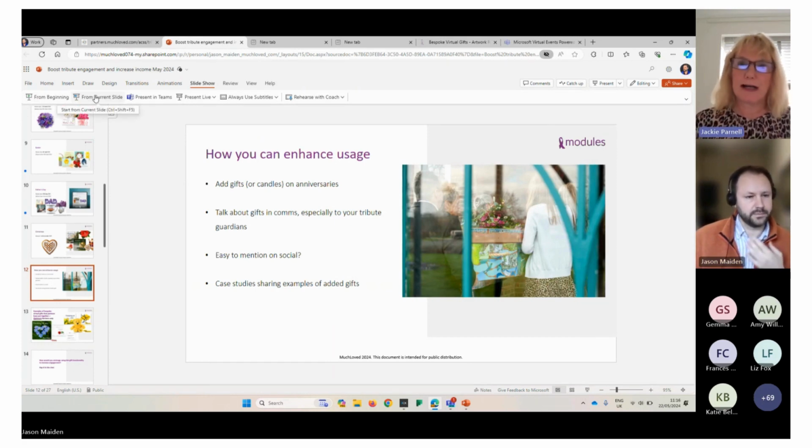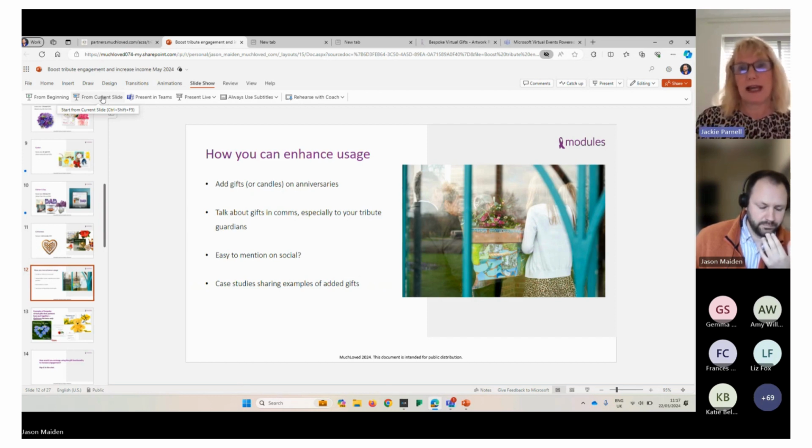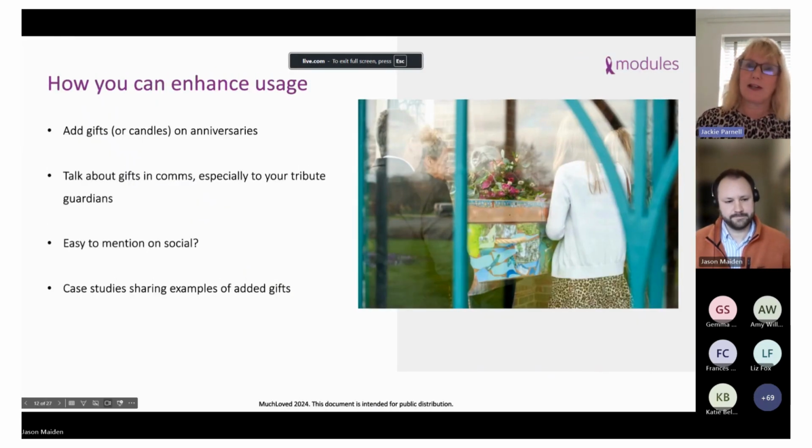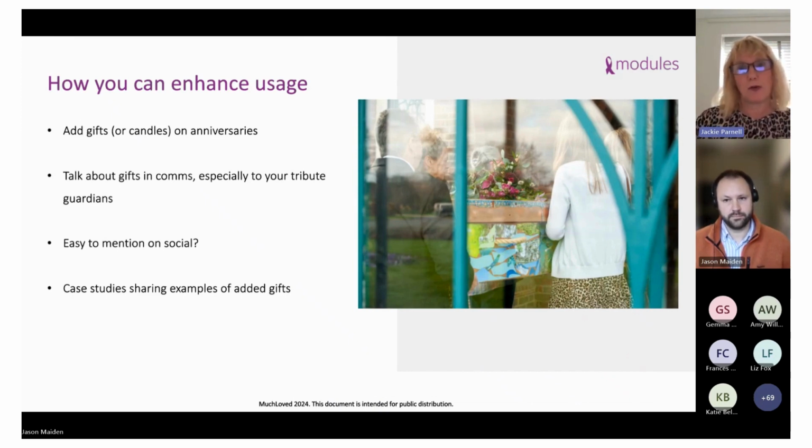What I was going to say is, for our Advantage partners, obviously you haven't got access to the tribute settings, but you can still add the gift from the homepage of the tribute. Just go to the gift section and add it and put a message from your charity. You're not going to be able to schedule, but if you diarise forward, maybe it's an anniversary of a particular family that do a lot of fundraising for you, or you've got a connection with them, then you could put a little diary note and just go on and add that. And it's almost like a magic moment for those supporters, that they know the charity are thinking about them at this time.